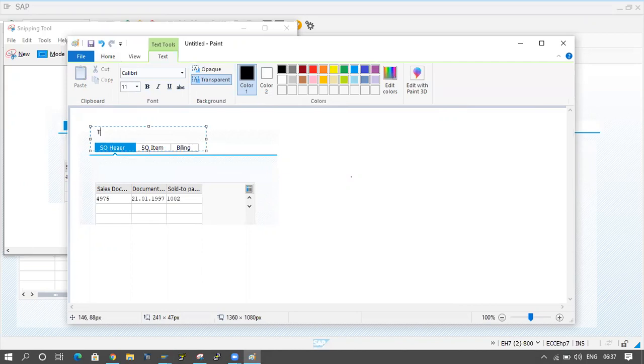The function code for the header is tab 1, the function code for this one is tab 2, and the function code for this one is tab 3.